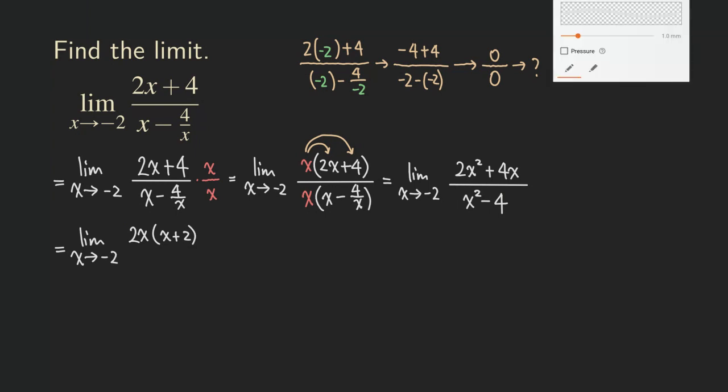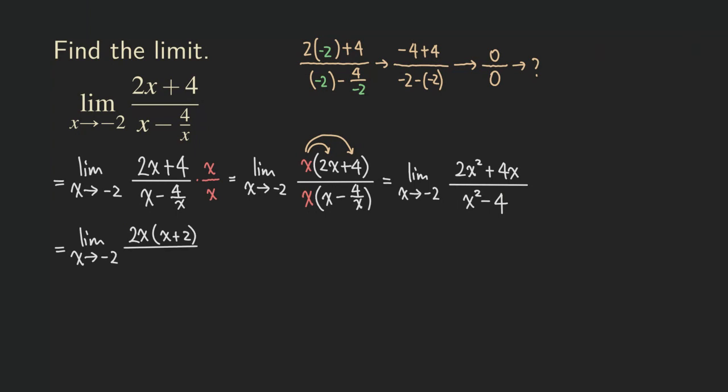And then now what about the bottom? So you know that the bottom, it's the difference of 2 squares. So we can factor that as x plus 2, x minus 2. And let me rewrite that. So x plus 2, and then x minus 2. Okay, so